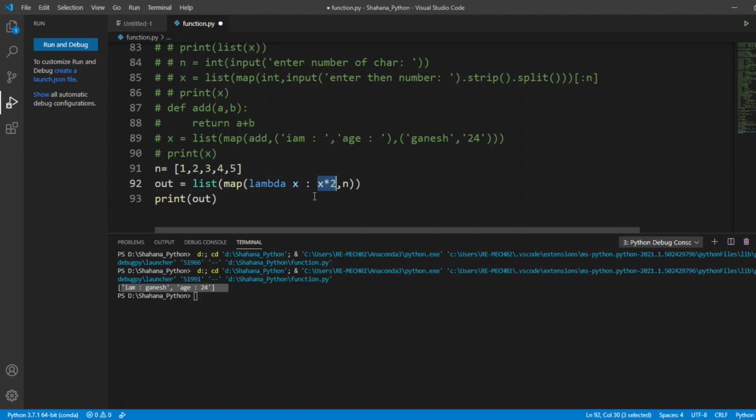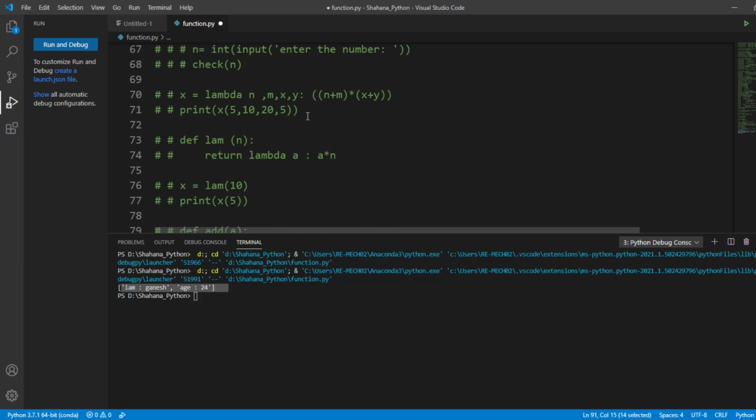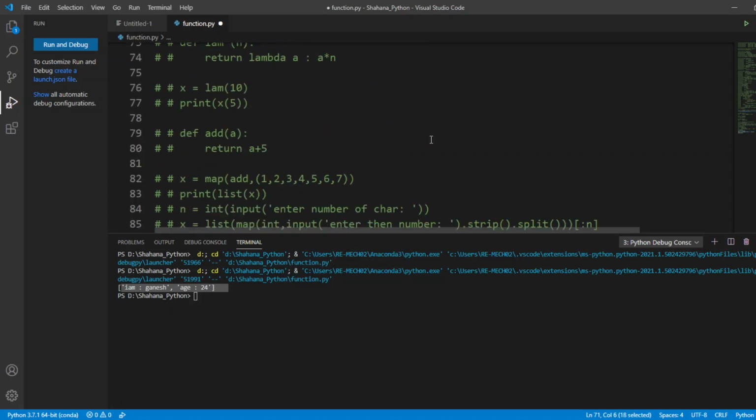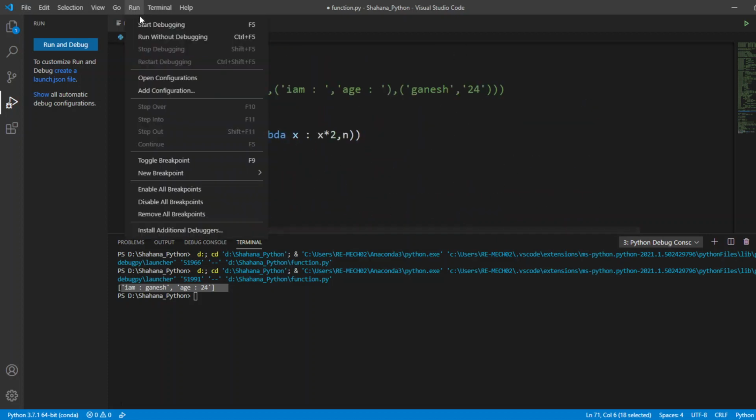The x value will come from iterating over the list n. In our previous lambda function we did it like this, but in this case I'm passing an iterable next to my expression. I'm going to run this code.